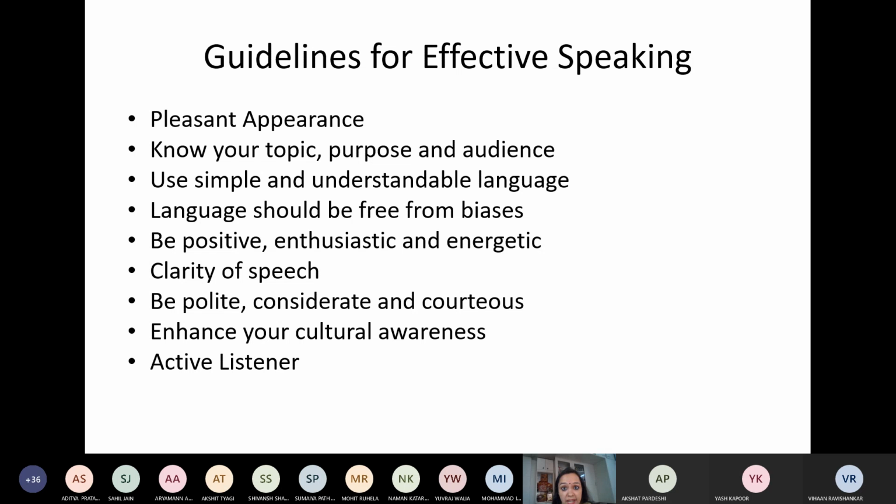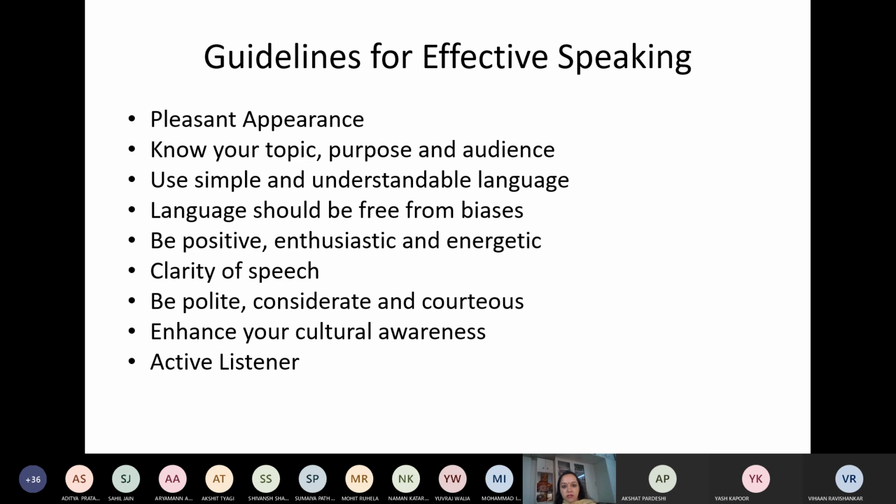If you are energetic as a speaker, you will find the interest of the audience in your presentation. If you are not convinced by the topic on which you're giving the presentation, no matter how beautiful your slides are, how wonderfully you have researched the topic, if that energy is lacking in you, it will have a ripple effect. Those people will also not be affected by it, right?